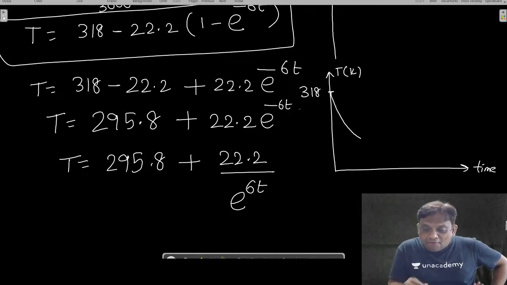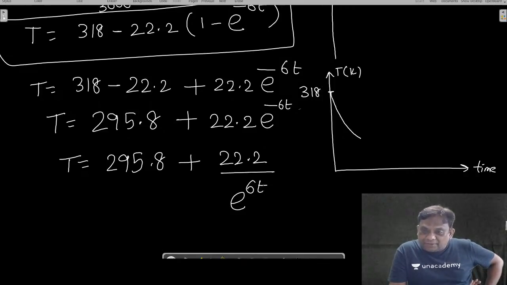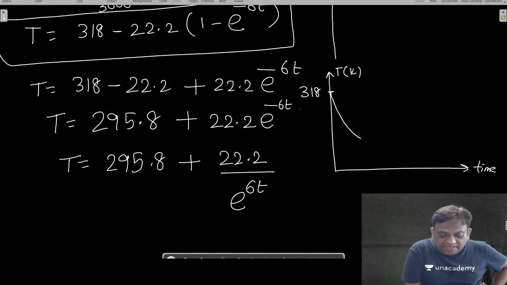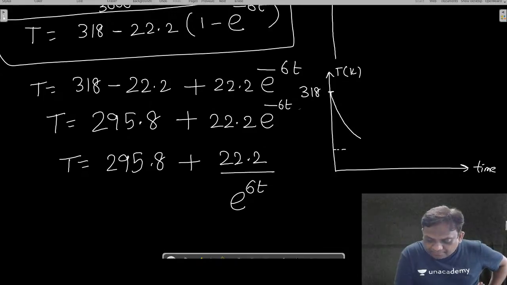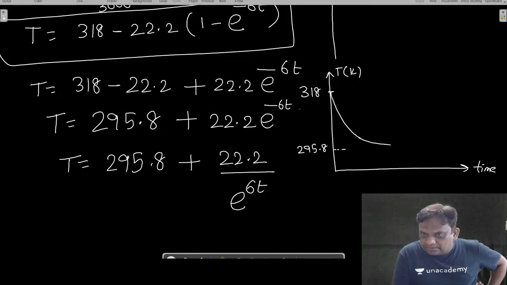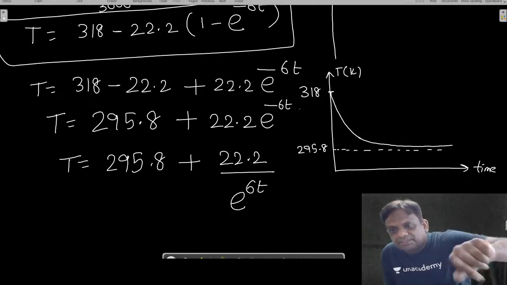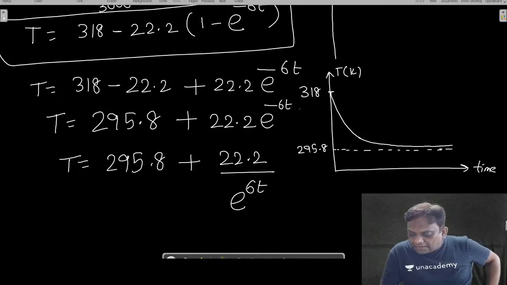देखो, now the temperature is decreasing exponentially. अब ध्यान से सुनो. When t is infinite, जब t infinite होगा, तो क्या होगा? e power infinite is infinite. 1 by infinite is 0. Means at infinite it touches 295 point. देखो ऐसा जा रहा है. समझ में आ रहा है सर? Is it clear? So at infinite it will touch this temperature.